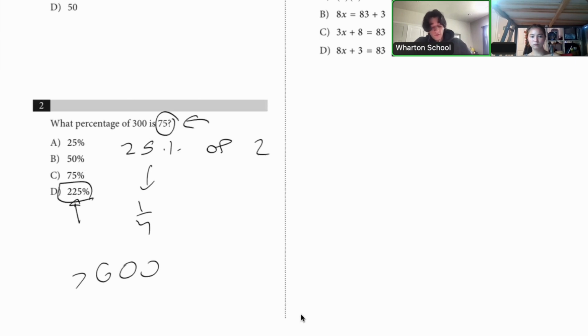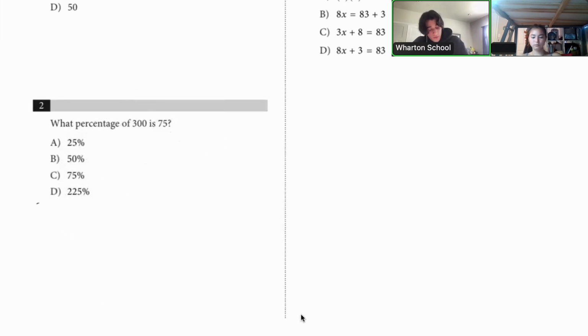So the answer could never be such a large number like 225. So that's the answer I want you to cross out immediately when you're looking at these sort of questions. Does that make sense? To do that, like with the 225, would I do it like 225 over 100? Yeah, but the main thing is that I don't want you to even do that, because when you look at 225, you're going to be thinking